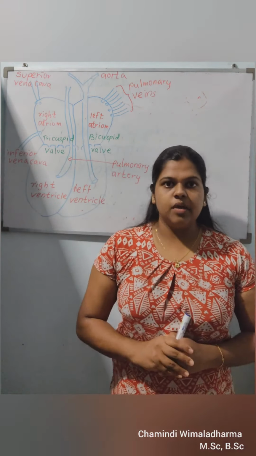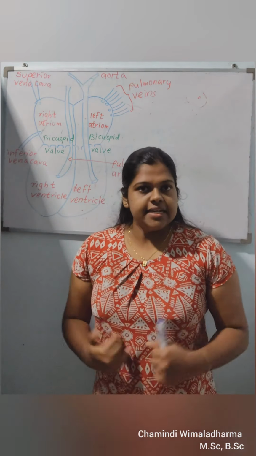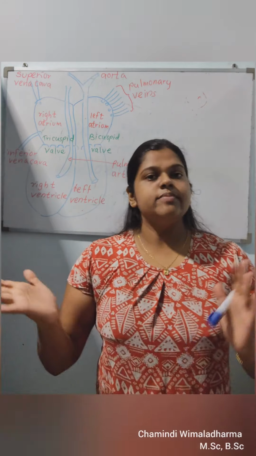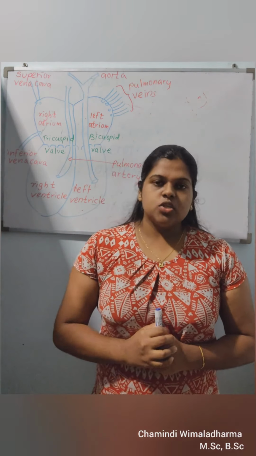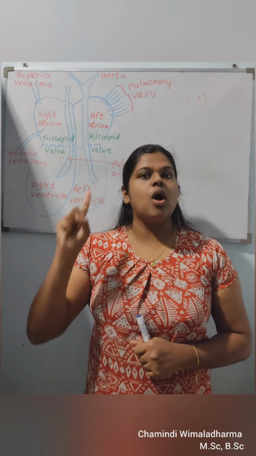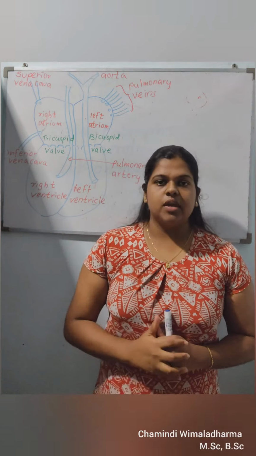So when we take the human heart, I have just drawn a rough sketch of it. First, the human heart contains mainly two types of blood. Inside our body, these two types of blood circulate every minute. So there are mainly two types: one is the oxygenated blood, the other one is the deoxygenated blood.